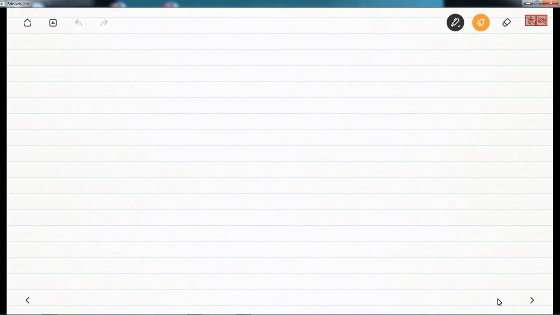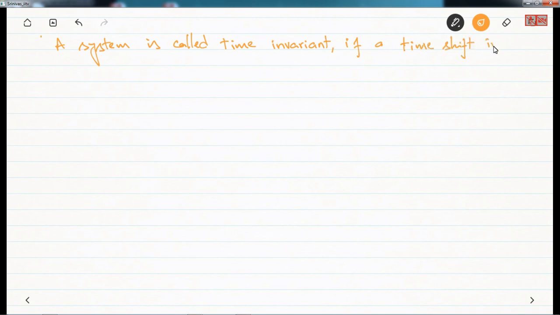The definition is: a system is called time invariant if a time shift in the input